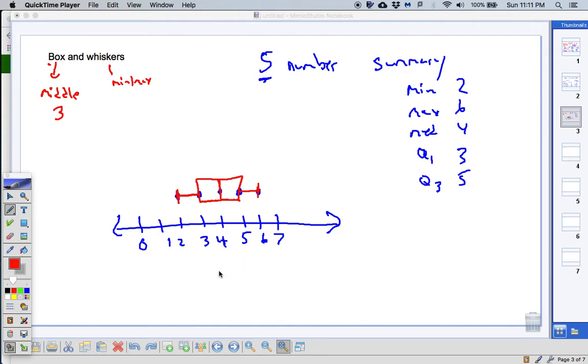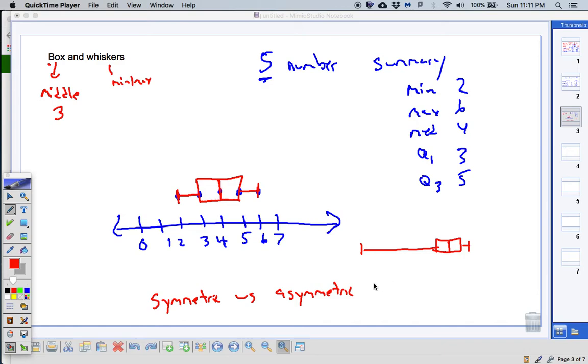Now, there's lots of things it does tell you, and we're going to go through all of them. But we've talked in another video about symmetric versus asymmetric. Okay? This thing is symmetric. If you take a look at it, left and right, boxes are about the same width. The whiskers are about the same length. This one is called symmetric. So this would be a good candidate for standard deviation. If you end up with a box and whiskers plot that looks something like this,